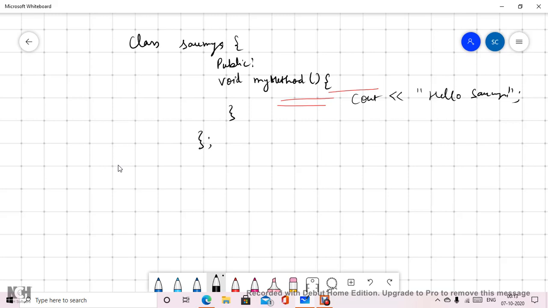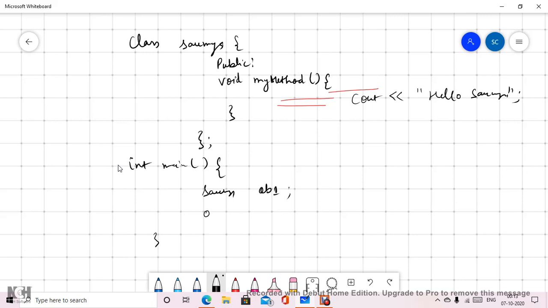Okay, so in my main code, first it is required to declare the object. My class name was Soumya, so I'll write the class name, and then let's say object 1, this is my object.